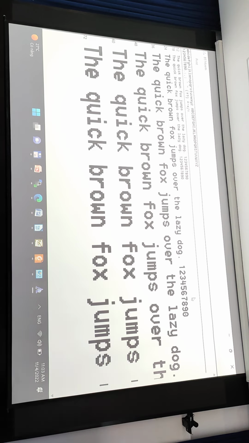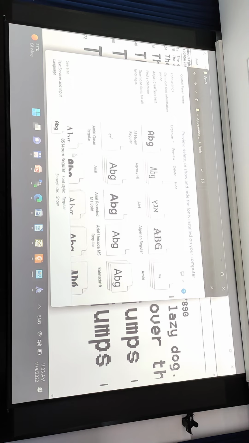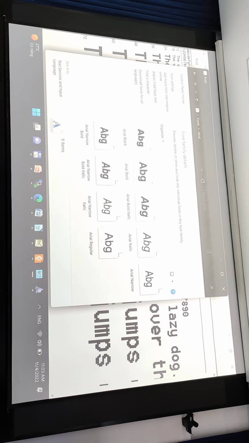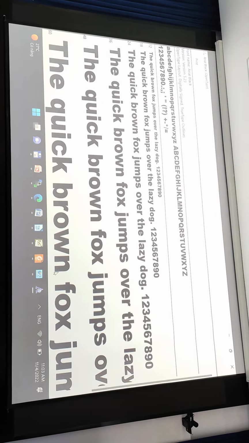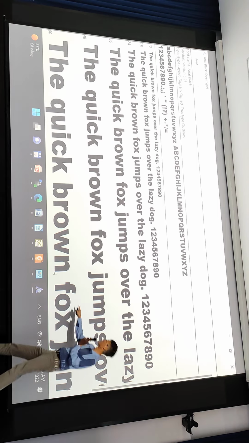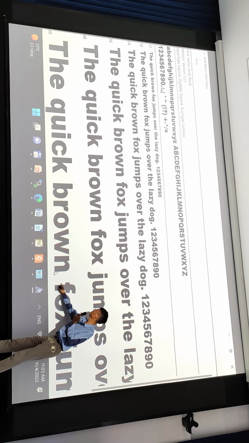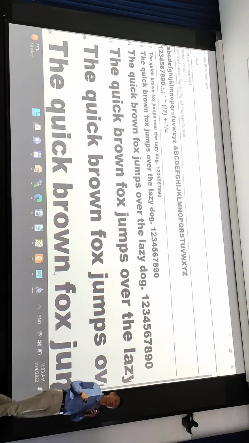For another font, for example, Arial, here we could see that even if we zoom in or use the font in any size, the curve is still very smooth.